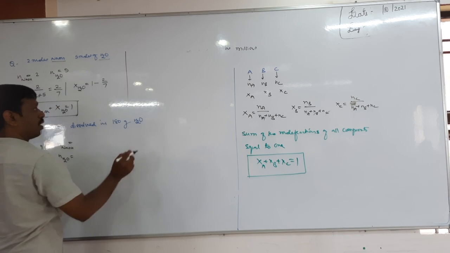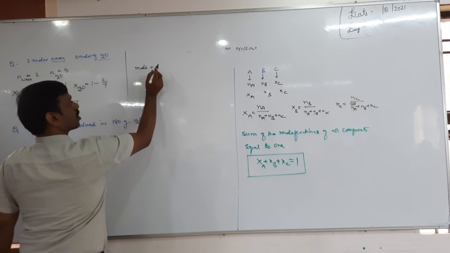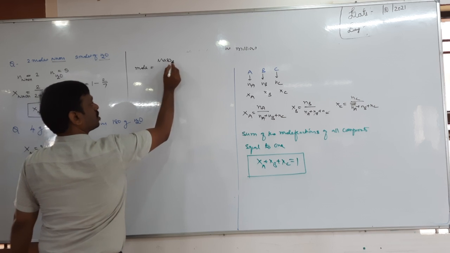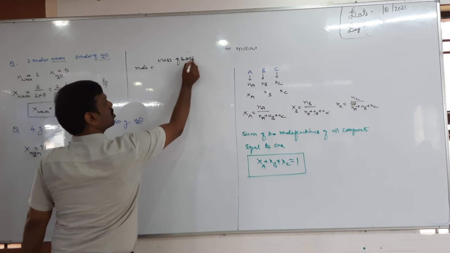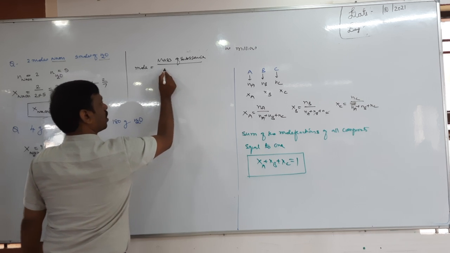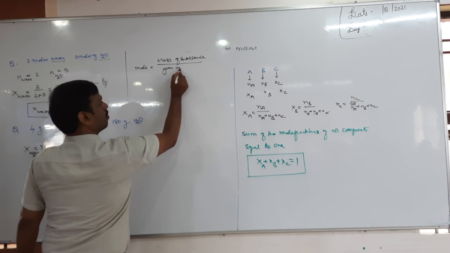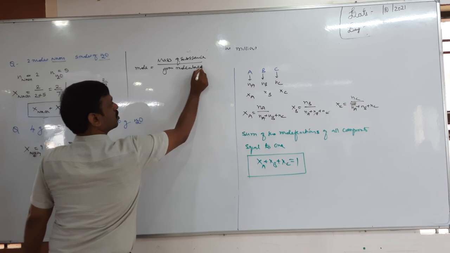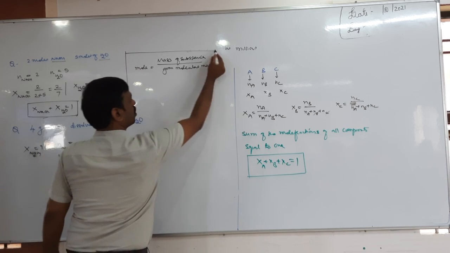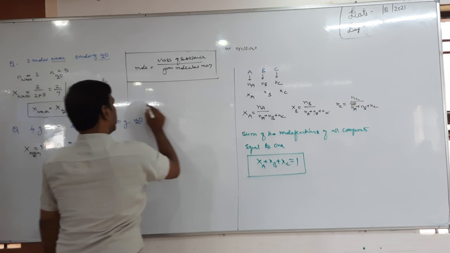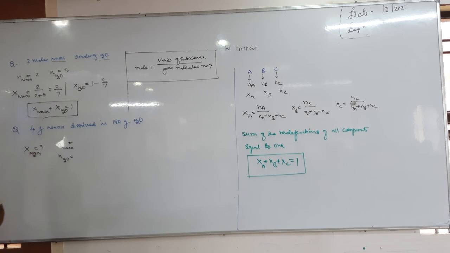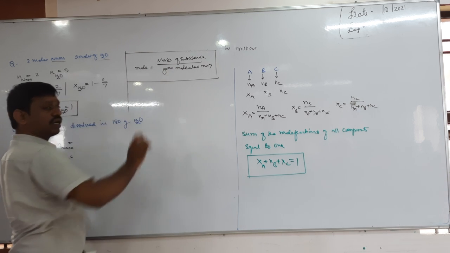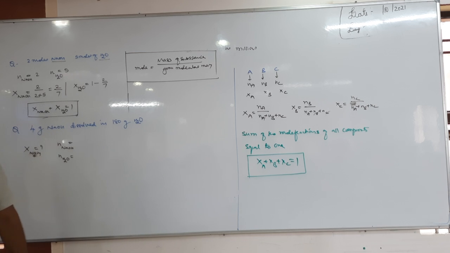So, okay, mole equal to mass of substance divided by gram molecular mass. This is one formula. To calculate mole, we have three different formulas. One is a mass related formula, second is a number related formula, third is a volume related formula. So the first one is mole equal to mass by gram molecular mass. This is a mass related formula.